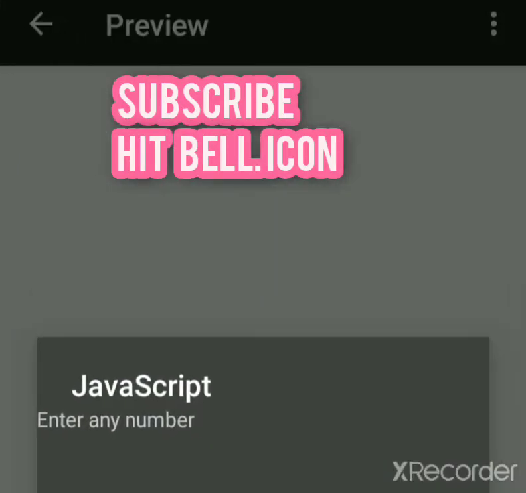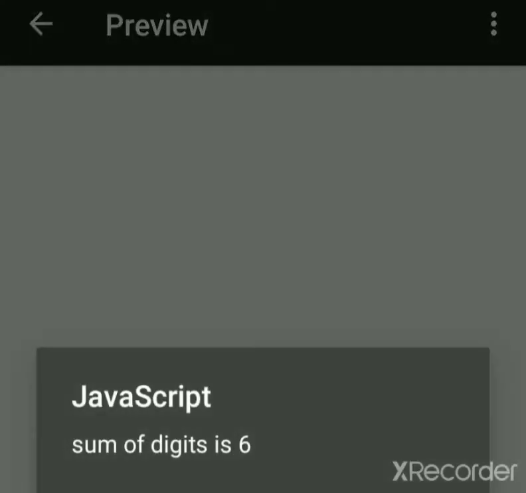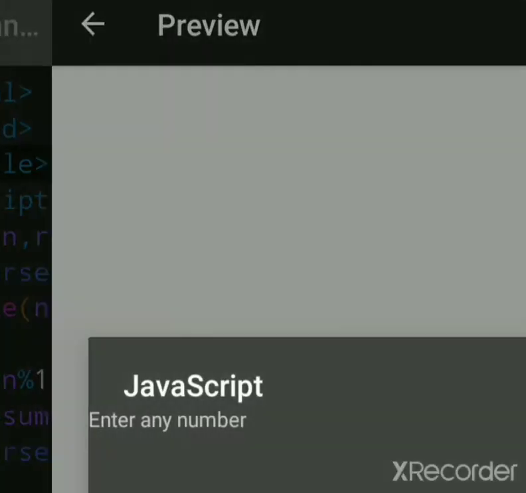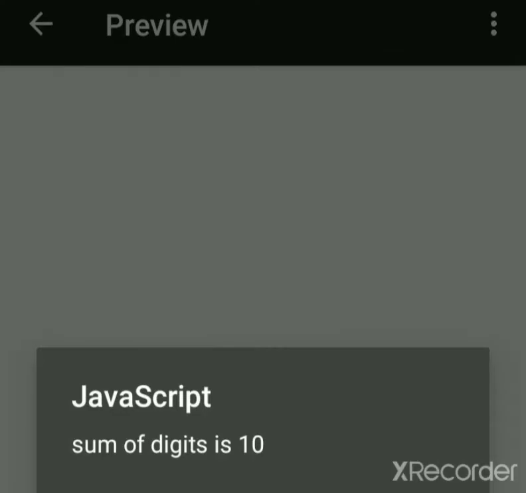So we'll see first what the sum of digits is. Suppose I take 123. The addition 1 plus 2 plus 3 is called the sum of digits. Let's take 1, 2, 3, 4. So 1 plus 2 is 3, then 3 plus 3 is 6, 6 plus 4 is 10. This is how it works.